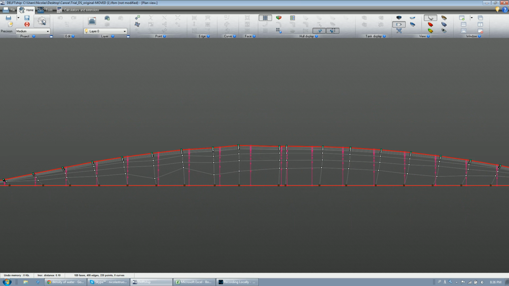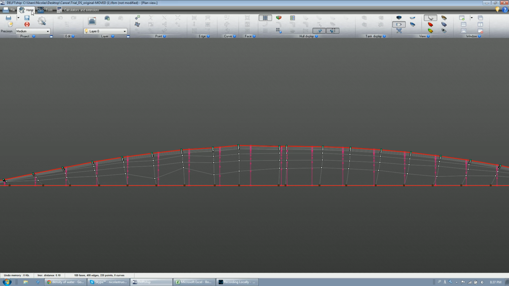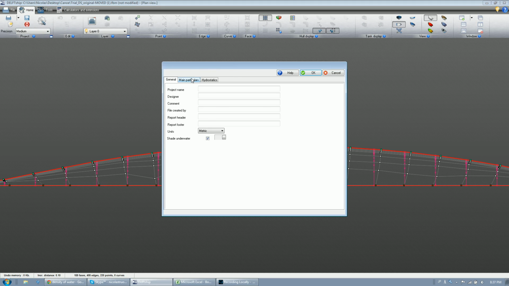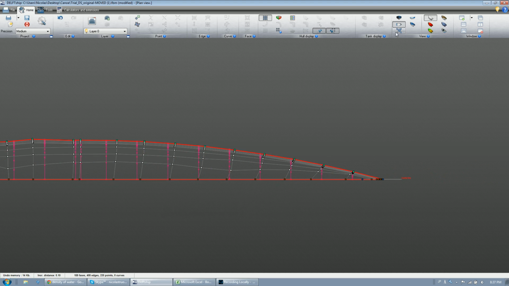Anyways, what you want to do to be able to go in your design hydrostatics sheet without this error message is go in your project setting option right here, go in your main particulars and change all these three ones. Right now I don't know what the length of this one is, so what you can do is grab